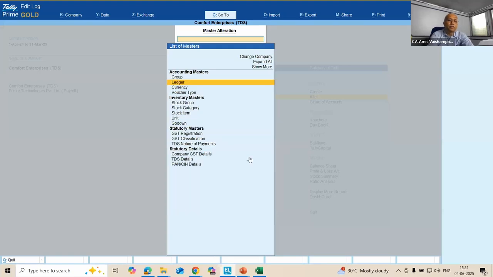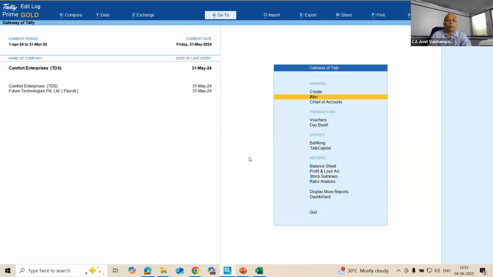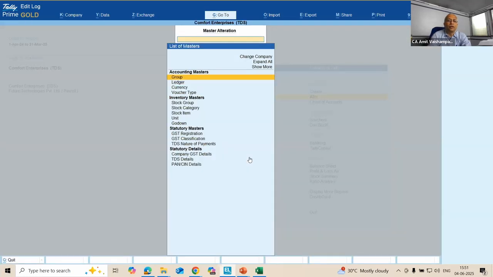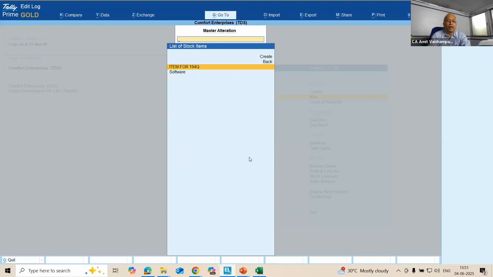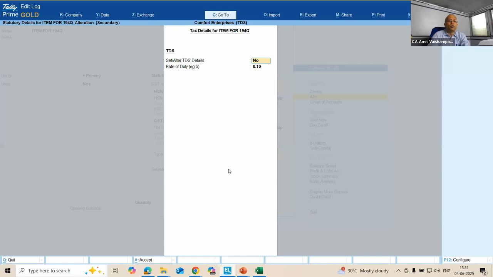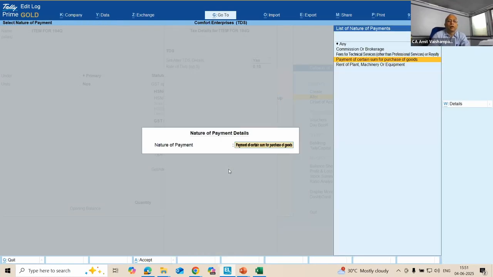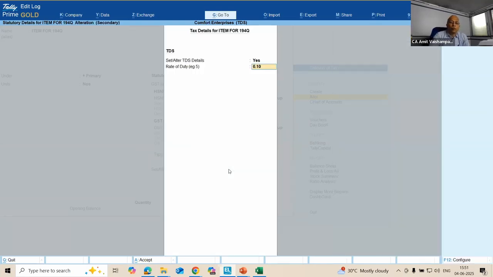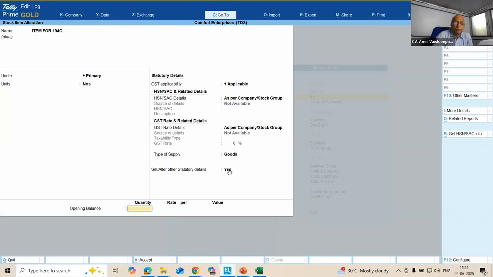Since it is 50 lakhs plus rupees worth of invoice, I have created a product. It is less likely that a single invoice of more than 50 lakh rupees would be there. So we need to have a product purchase normally when the value is more than 50 lakh rupees. So I've created a stock item called item for 194Q. Once you're creating this product, you have to also tell the system that I am subject to 194Q. I have mentioned here that this particular transaction of product purchase would get covered under payment for certain sum of purchase of goods. The TDS rate would be 0.1% as the product,